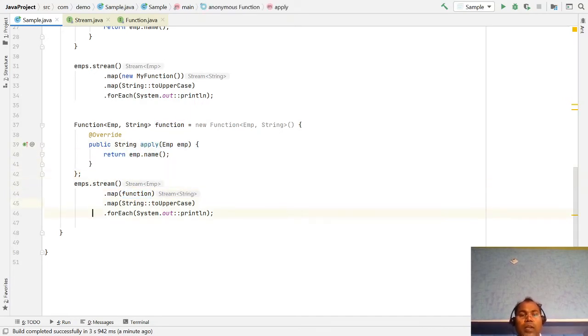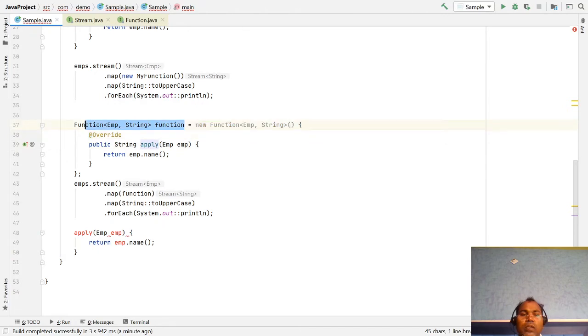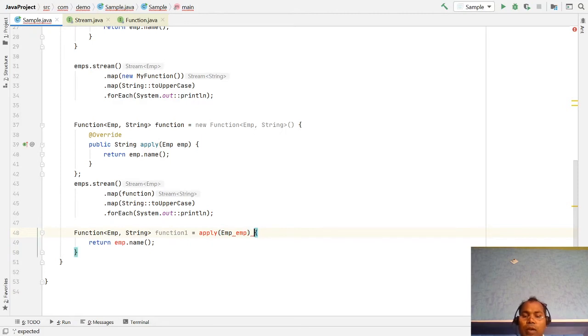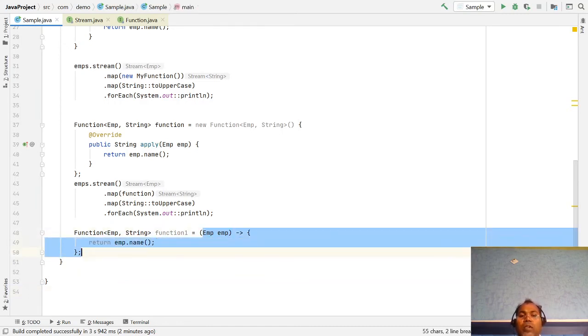Just copy it, and if you are going to write a lambda expression: a lambda expression is just an implementation method of an interface. Okay, so how does a lambda distinguish? This is the input argument, and here you have curly braces, and the method name isn't needed here. Okay, so now your lambda expression is written. So here you are not creating any object. Just the method logic you are passing here.